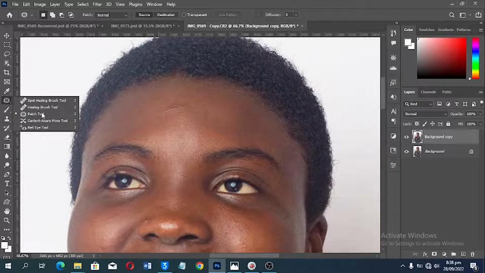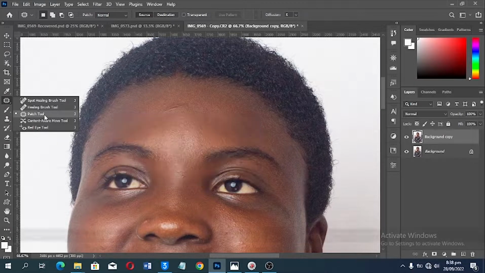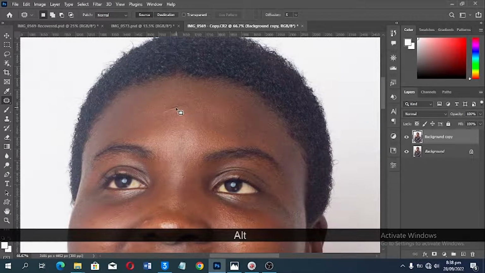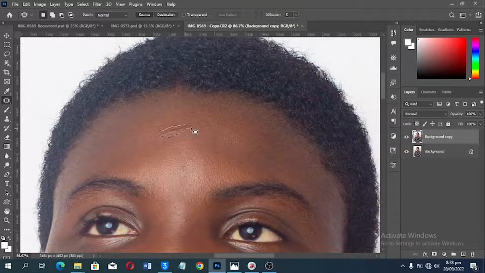So when I come here, I'm going to see the Patch tool. Okay, so I'm not going to use the Spot Healing Brush, I'm using the Patch tool for now. And with the patch, I'll zoom in a bit, and I want to remove this sign here. I don't like it, so I'll basically make a circle around it and drag it to a place which is clean. So this is what I'm going to do throughout this, and I'm going to remove all the blemishes,